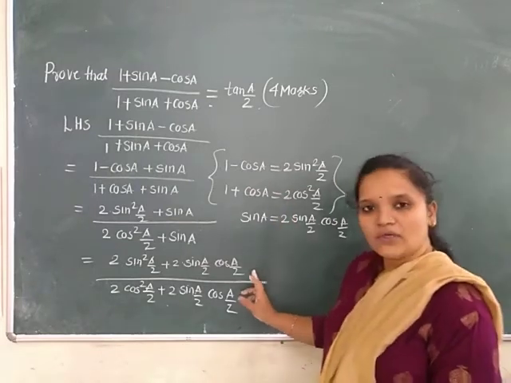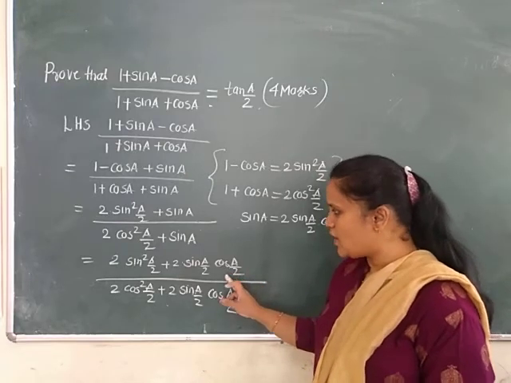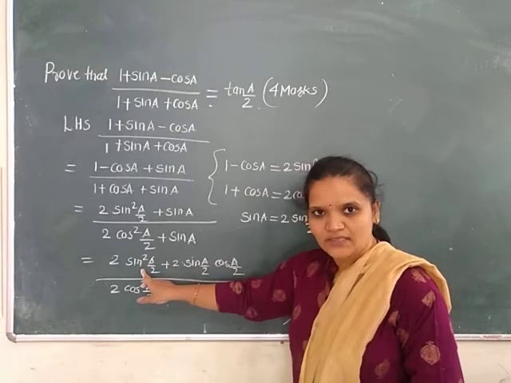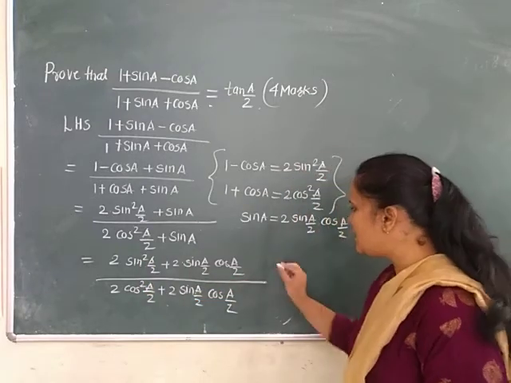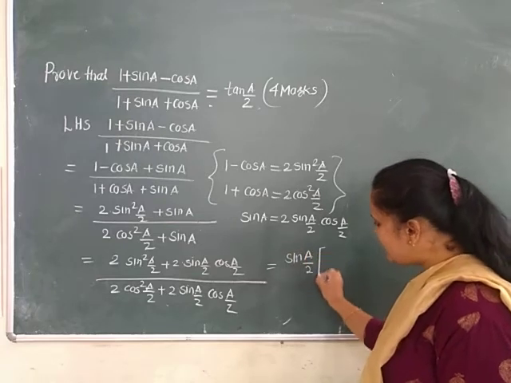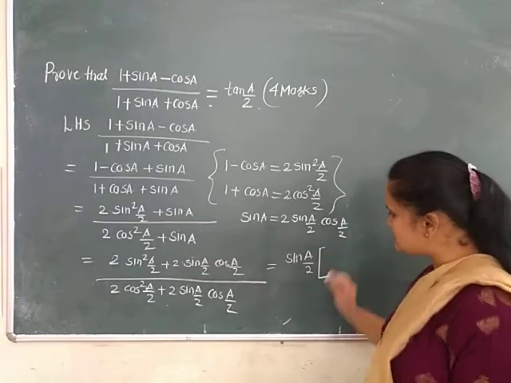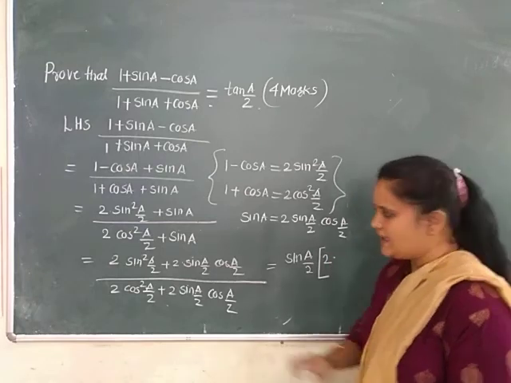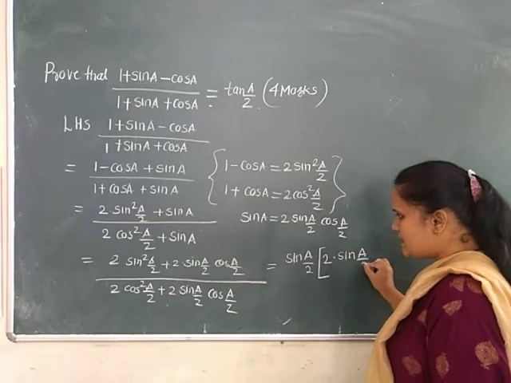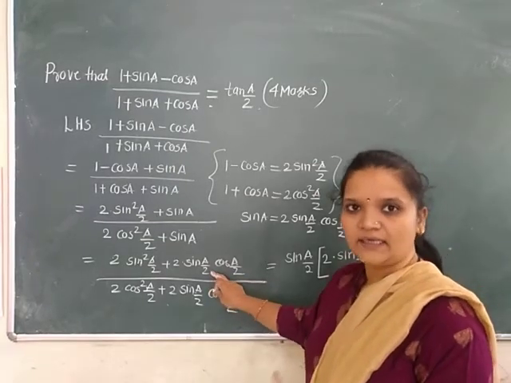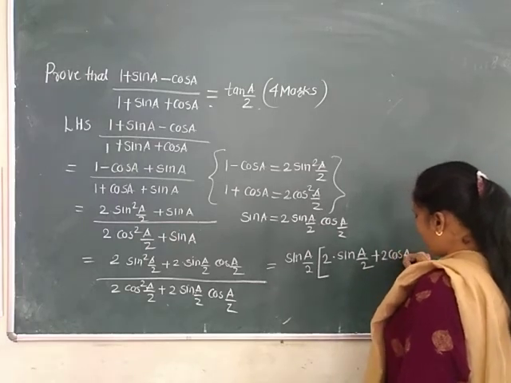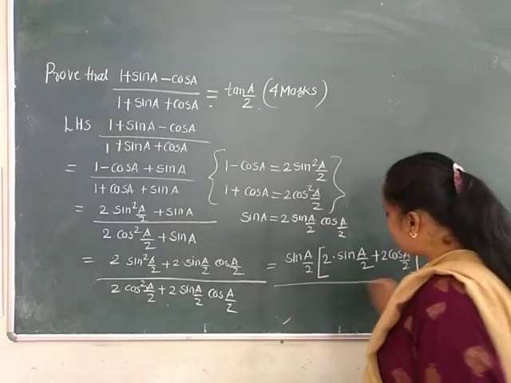Now we have done all the simplification by using these two formulas. Now what we are going to do here is, if you observe the numerator, sin of A by 2 is common there. So I will take it common. I will write sin of A by 2 outside the bracket. What remains with us is 2 into, here it is a square, so 1 sin of A by 2 remains there. And from here we have taken out sin of A by 2 common, so 2 times cos A by 2 remains out there.